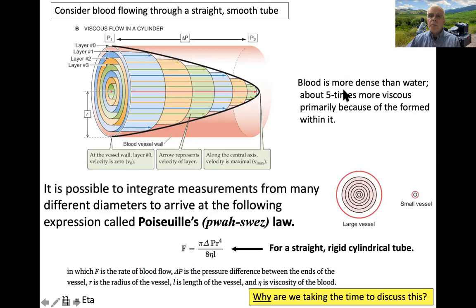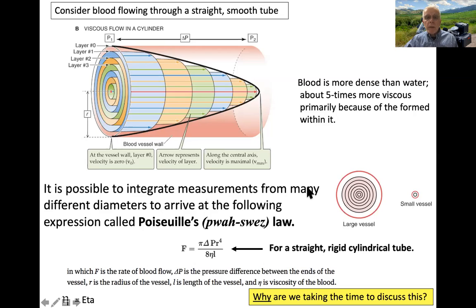Something worth noting is that blood is denser than water, about 5 times more viscous than water. And that's primarily because of what are sometimes loosely called formed elements. That's red blood cells, white blood cells, proteins, molecules and structures like cells that, when they bump into each other, will exhibit some internal resistance to the movement of molecules and entities or elements. Okay,